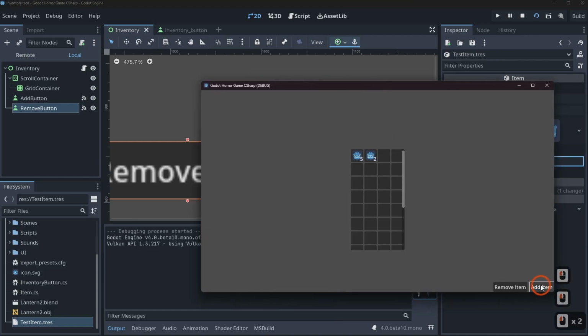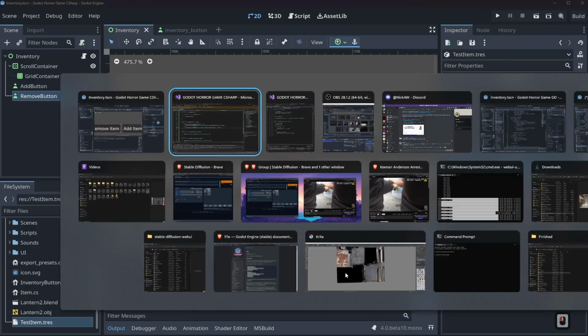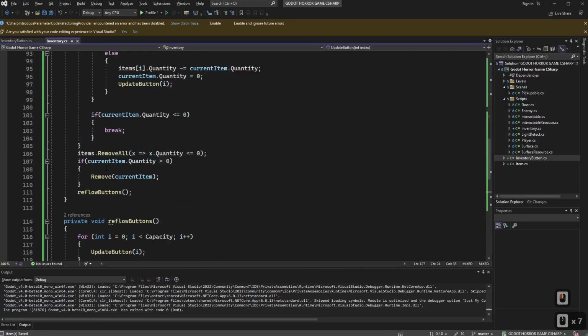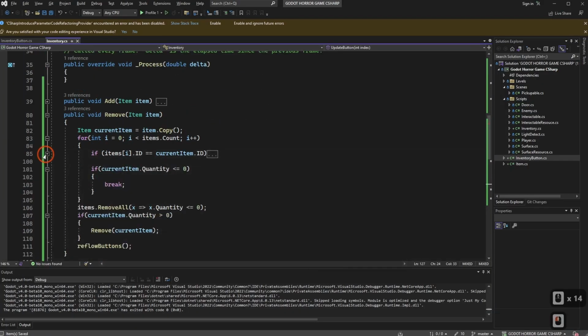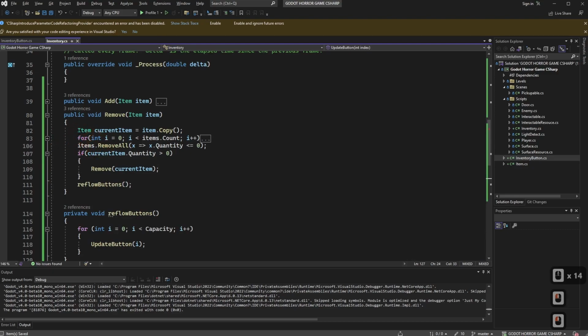And we add, remove, and then remove. I think, yep, we just broke it. We have a Stack Overflow. So we have a bug. So one of the things that's not great about this system so far is that we're checking if we can